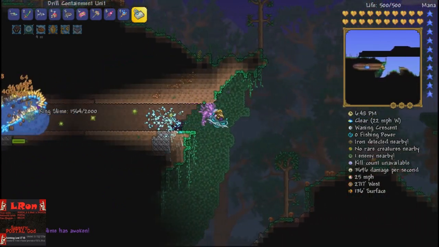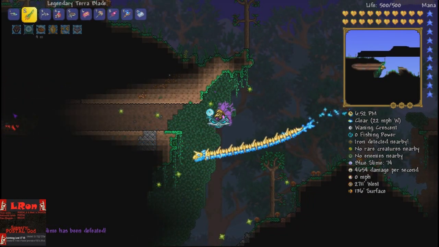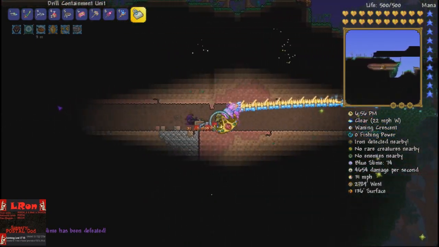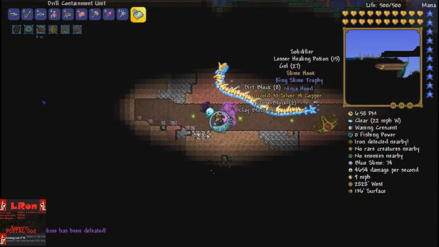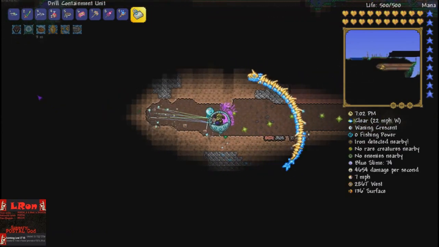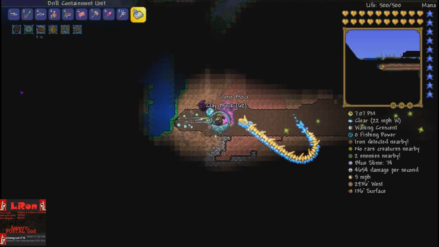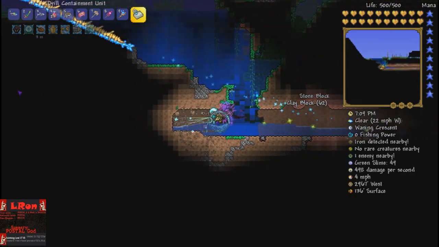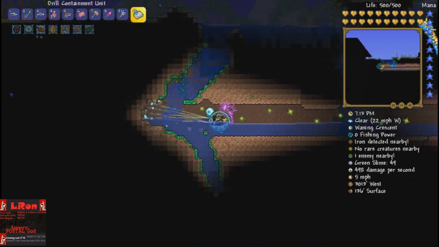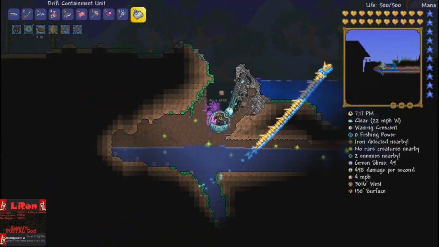Oh yeah, King Slime awakens, and I was totally preparing to start fighting it, and Stardust Dragon just kills it before I can do anything. Which is kind of funny because that took longer to do than the Wall of Flesh. The Wall of Flesh just died instantly. But in any case,